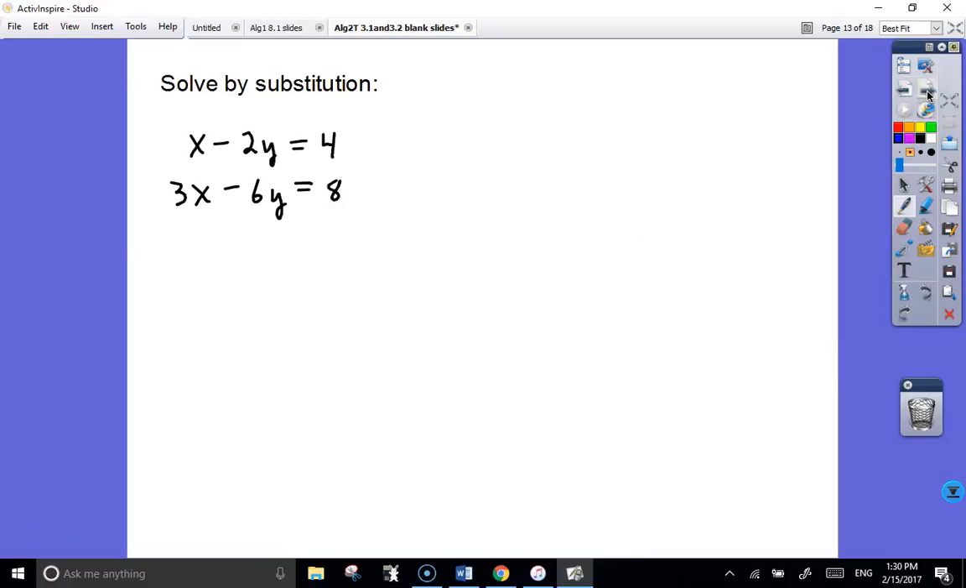Okay, solve by substitution. So which one of these would be the easiest to solve for the variable? Probably the top one for x, right? So x equals 2y plus 4. So I should substitute for that variable in the other equation. 3 times,